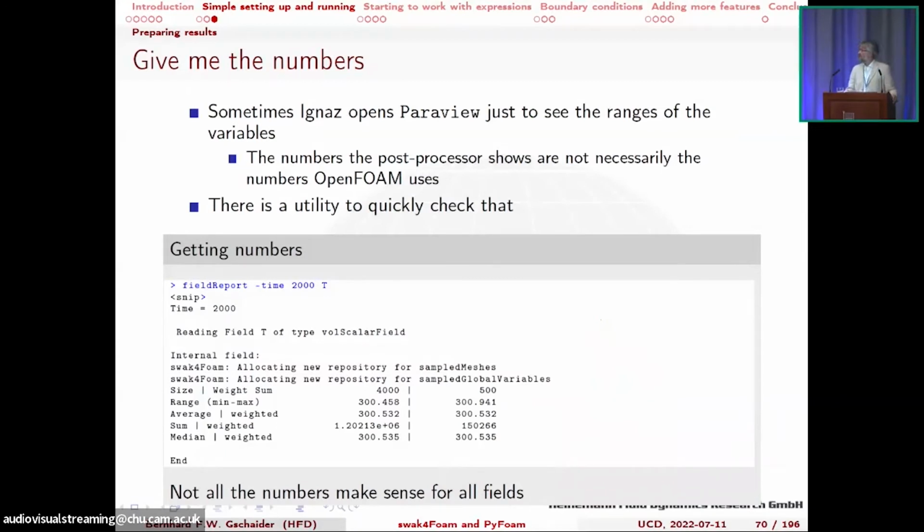Another small utility is what I call field report. Often you just open ParaView because you want to know, okay, what was the maximum temperature in this simulation at this time step? That's all the information you're interested in, because you know your case well and you know where the temperature will be. So basically you can say, okay, field report, the name of a field and at which times,